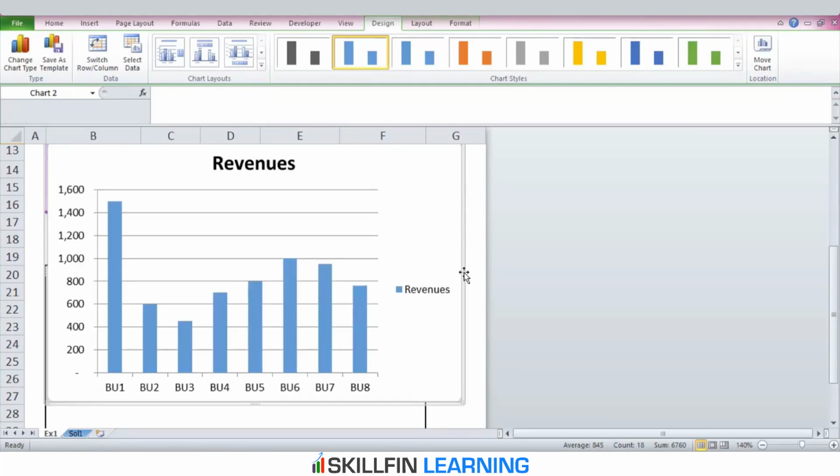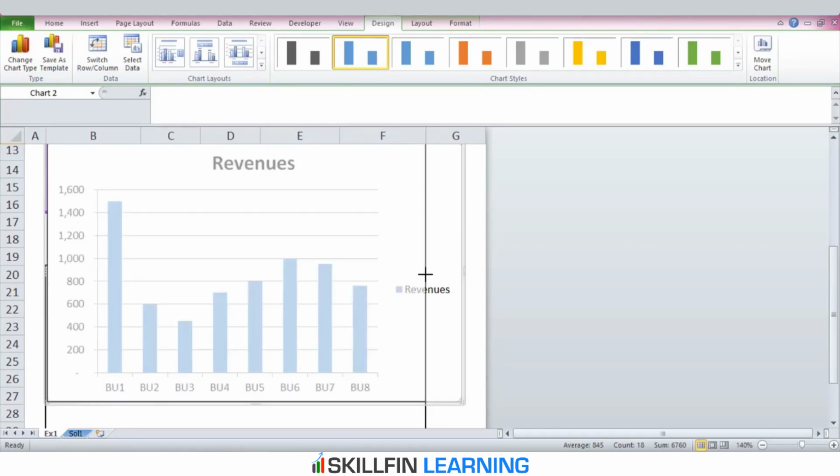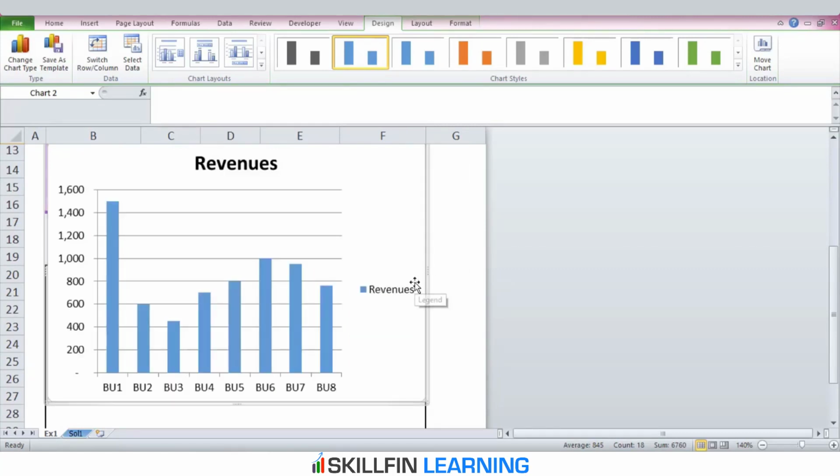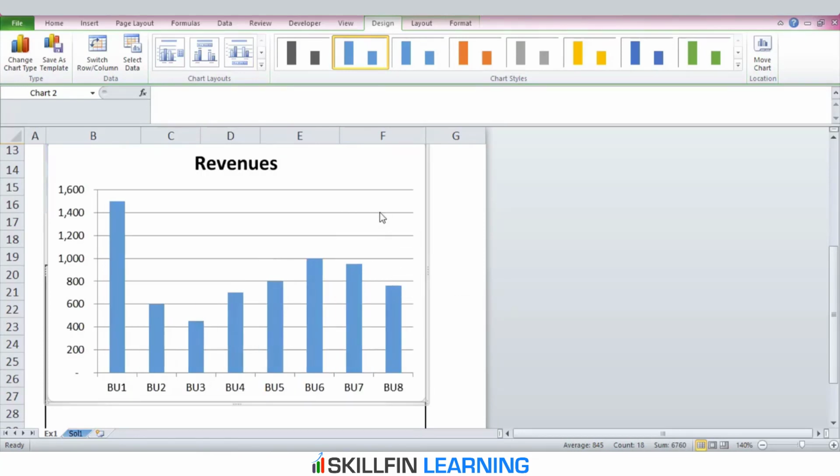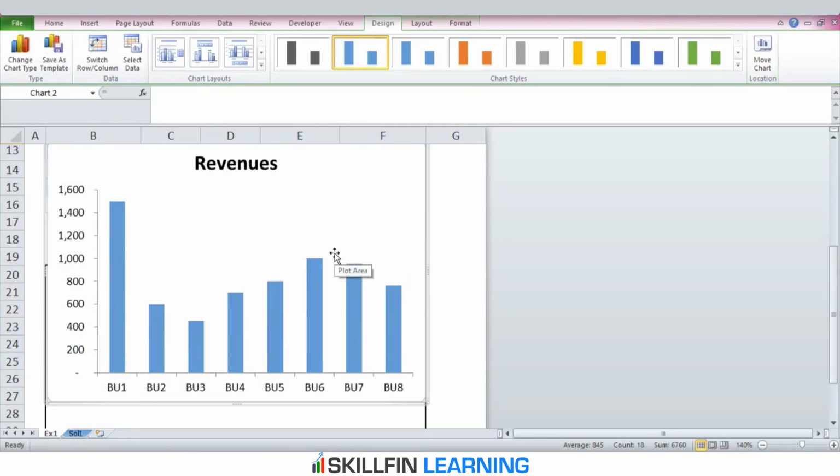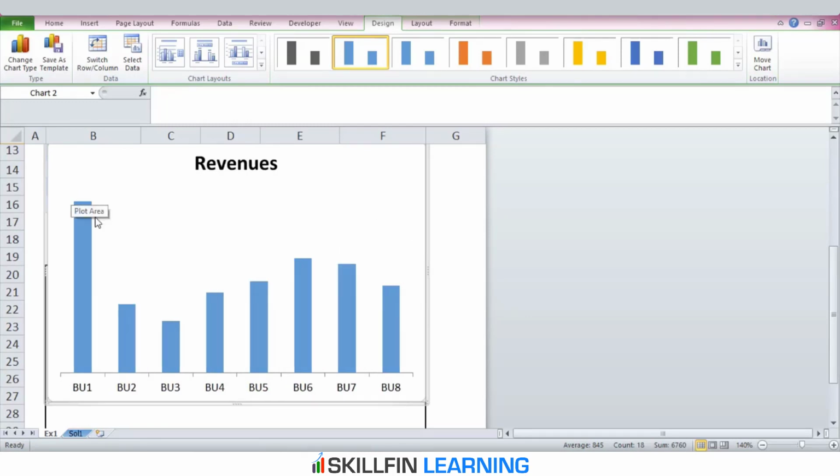Step 2 is format the basic column chart as per the requirement. So I'll make a few manual adjustments to the formatting. We start by deleting the legend to create more space. Delete the grid lines because they are disturbing. Then delete the y-axis because we don't need it in a column chart.